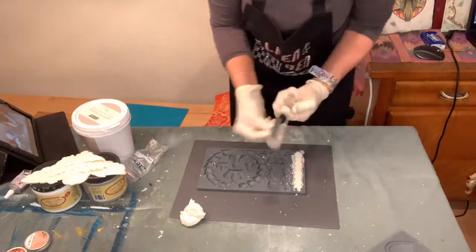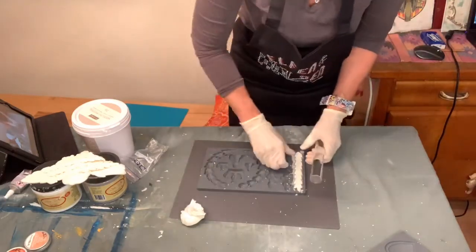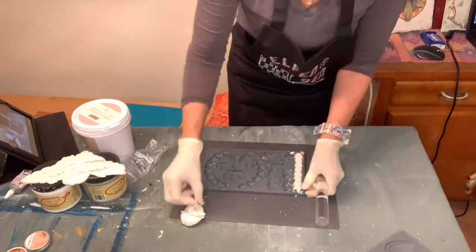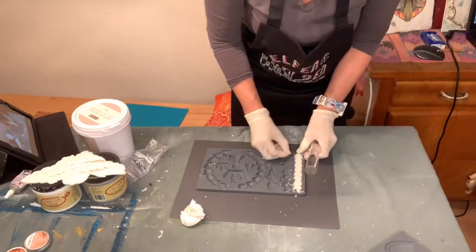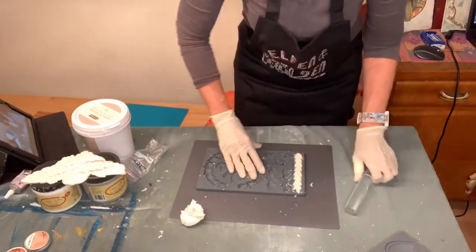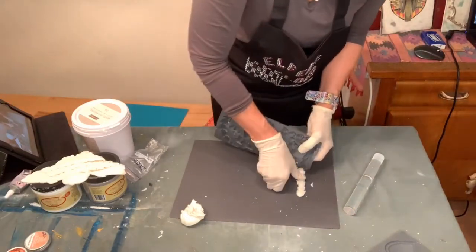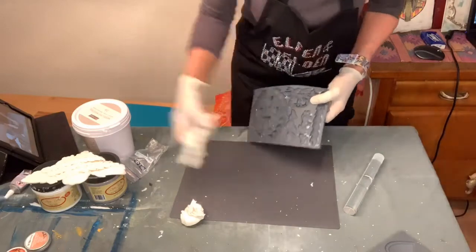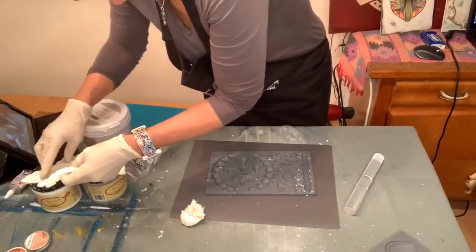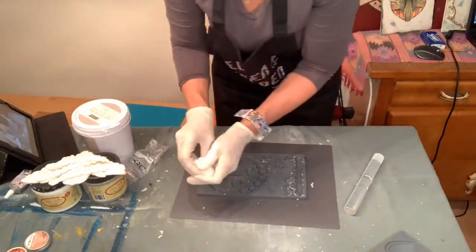And those molds, obviously, you can reuse them hundreds and hundreds of times. They last really long. It's silicone, and it's just, they're timeless. Just turn it around, pop it out. That's it. We have 1, 2, 3, 4, 2 more,